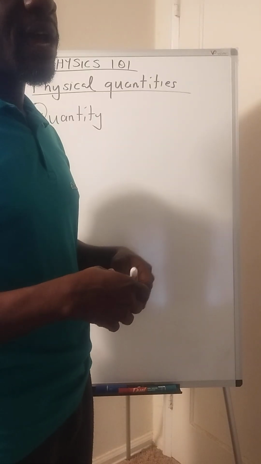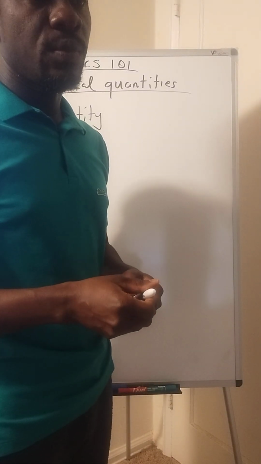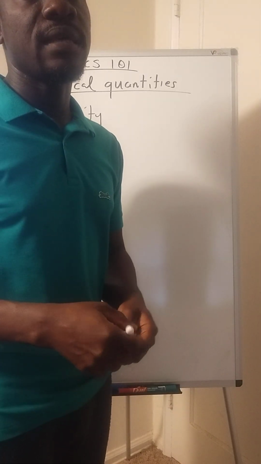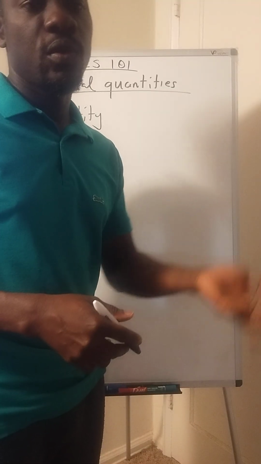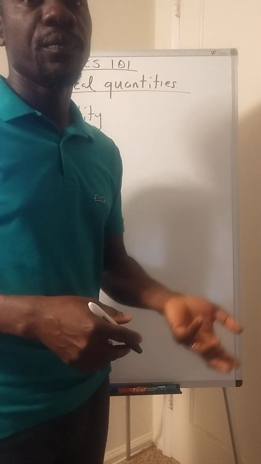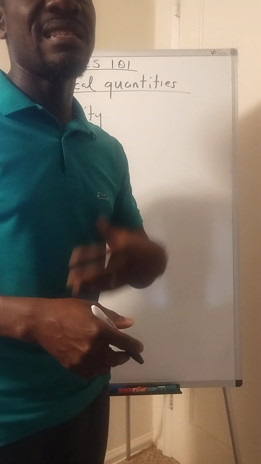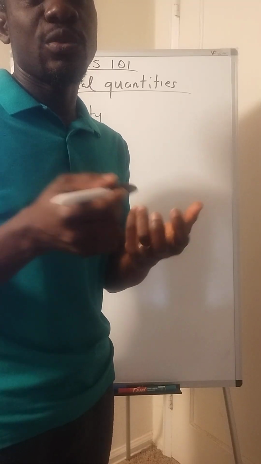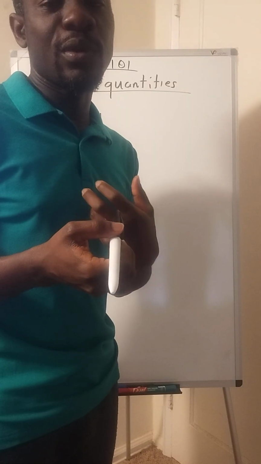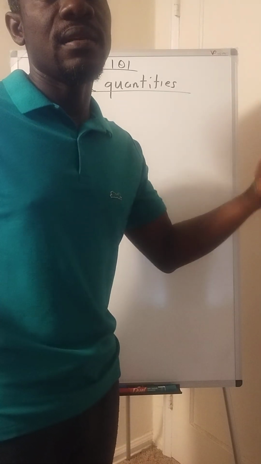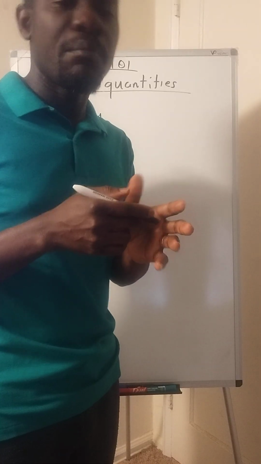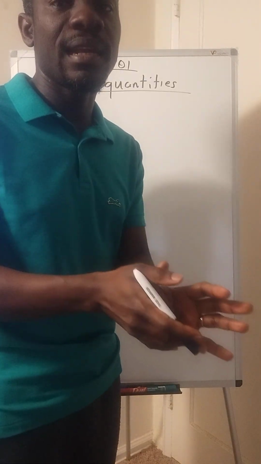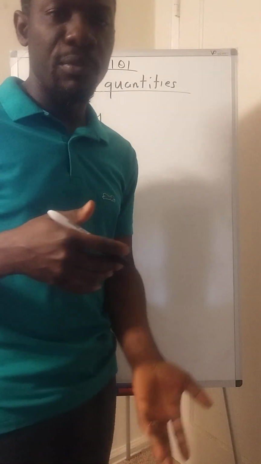And so we have so many things that we give reference to. Example, if I say 5 meters or 2 miles or 30 kilometers. Now, when I say 30 kilometers, what is attached to it? The moment you hear of kilo, it means I'm talking of a distance. 30 is just the numerical value, but the kilometers is the unit attached to it, and it points you to a particular quantity that I'm referring to.